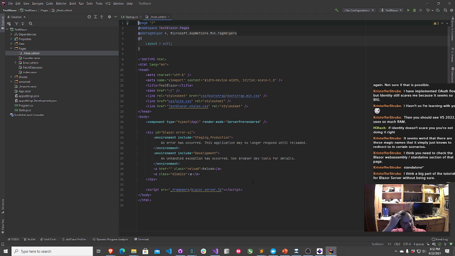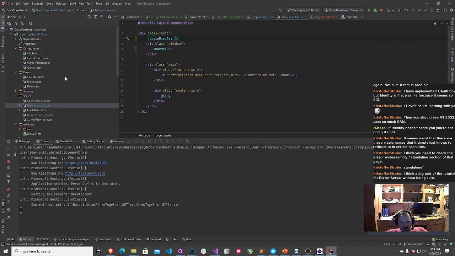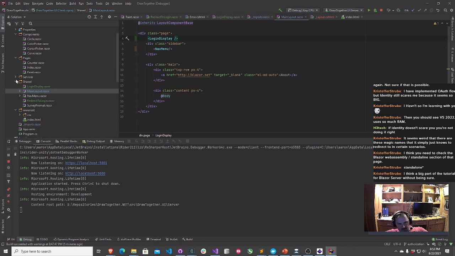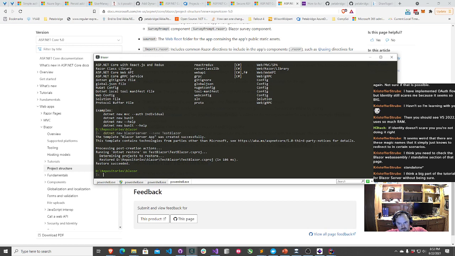The problem appears to be that the way the solution I initially scaffolded was set up, all of that basically has the Blazor UI and ASP.NET as two separate solutions. So maybe that's what I've got to go ahead and try changing. Actually, let me double check. Maybe I'm missing here. Yeah, that might be it.